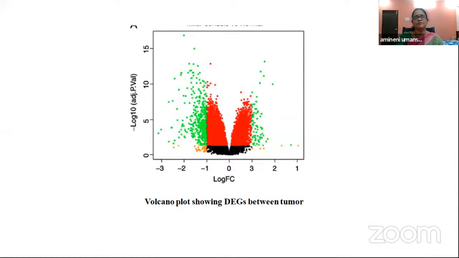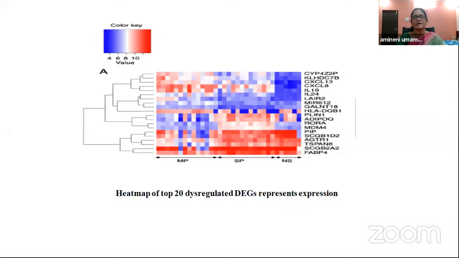So then we need to plot. We will get so many, about 30,000 genes will be present. Among these 30,000 genes, we have to select the differentially expressed genes. In this volcano plot, if you see this log FC value, if it is more than 2 or less than -2, then only we will consider it. So we have to select these differentially expressed genes by plotting them in the volcano plot. And this red color and blue color mean overexpressed ones and downregulated ones.